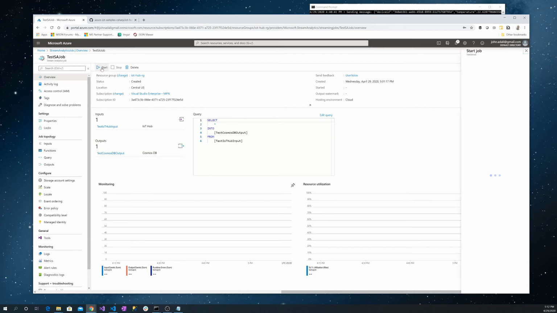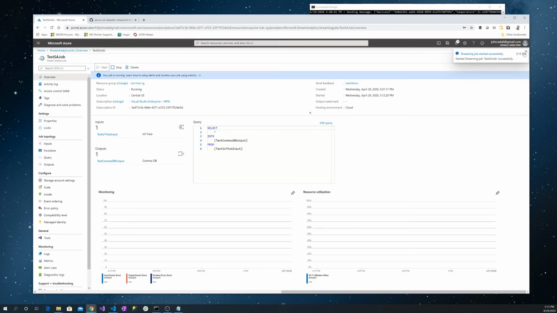I do that by clicking on the Start button here. It's going to ask me whether I want to do it now or at some time. I'll just say now. What it's doing now is starting the job. Usually takes a few seconds. Once it's done, you're going to see that it changes its status here to running, unless it had a problem starting, which in our case it shouldn't. Usually when it has problems starting, it's because your query is not correct or there's something wrong with it. Okay, so now you can see that the Stream Analytics job has started, and it says my job is